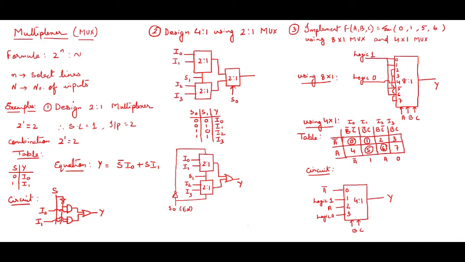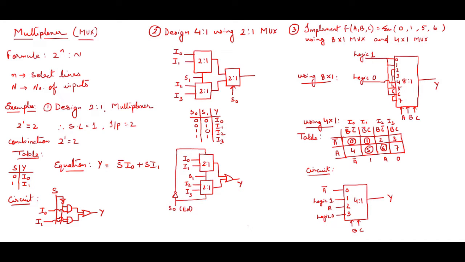For example, let's say the first one, where I'm going to design a 2:1 multiplexer. It is many is to 1, means n number of inputs will be there but a single output. That's called multiplexer. N number of inputs, single output, right? Now you can see as per this formula 2 to the power n is to N, as I've told you, this capital N is the number of inputs and small n is the select line.